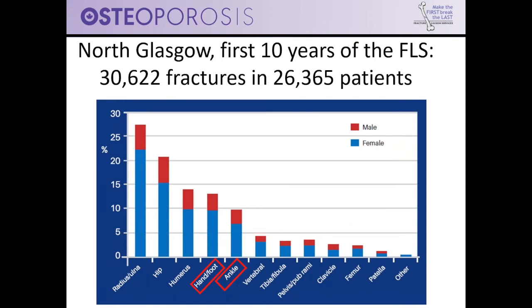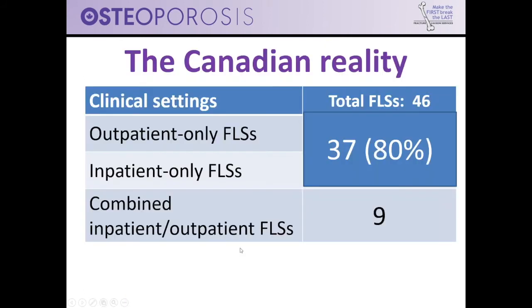So obviously for us, we could have chosen to go with hip fractures times 5 as well, but we had to adapt this to the Canadian reality, which said that we should exclude hand, feet, and ankle fractures. So we had to exclude those fracture types. And we also had to take into consideration that not too many of our FLSs are both inpatients and outpatients. So we had to come up with a different denominator for outpatient-only FLSs, for inpatient-only FLSs, and for the